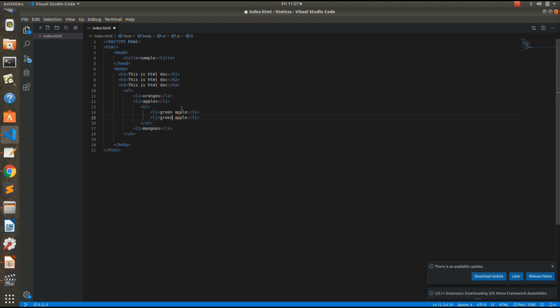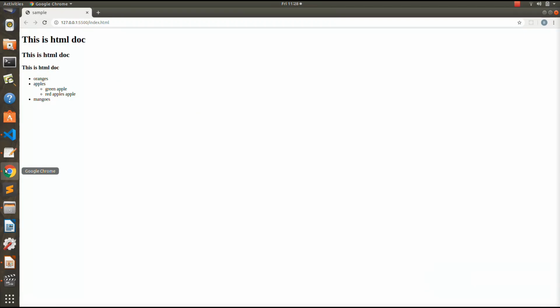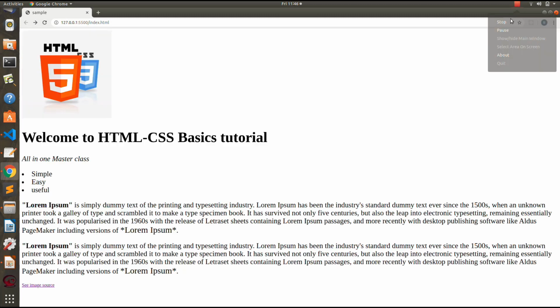Green apples, red apples, and if I just save this, you can see another list made inside these apples. So this is how you make lists in HTML, and these are quite useful, and this all includes the basic HTML tags that one should know to make HTML pages.